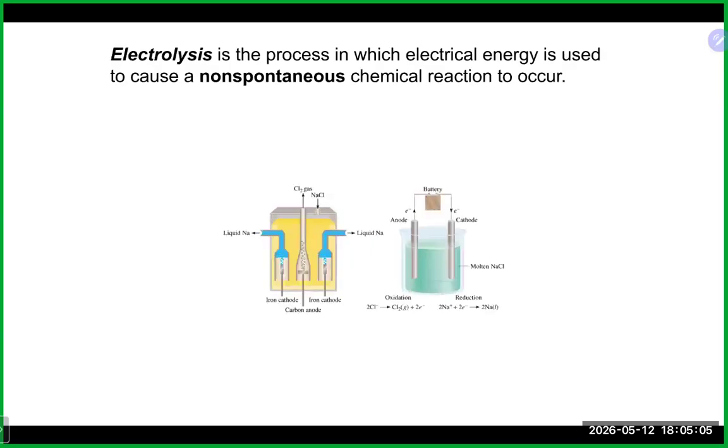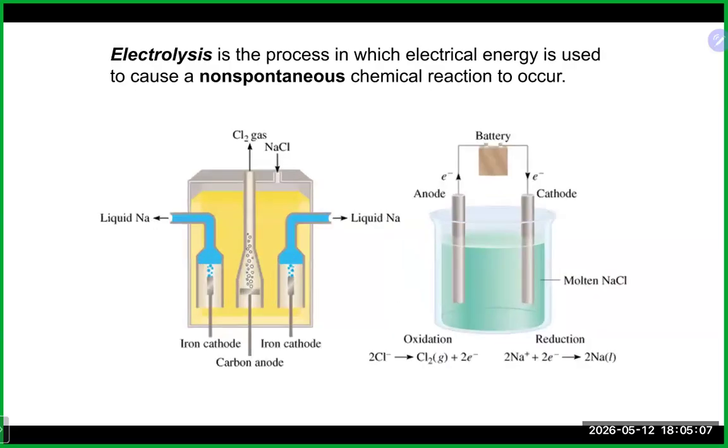The last thing we're going to talk about in this chapter is electrolysis. Electrolysis is the process where we use electrical energy to cause a non-spontaneous reaction to occur. You can think of electrolysis as the opposite sort of process of putting something together. So if you take a battery to provide some extra current and power, that will cause our